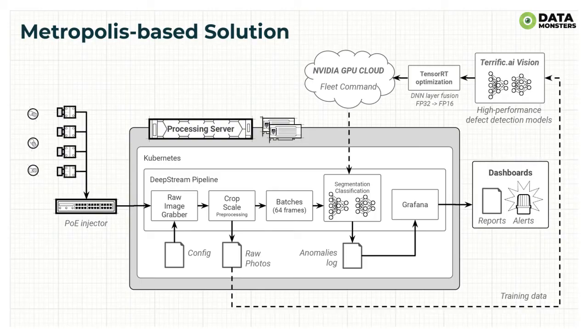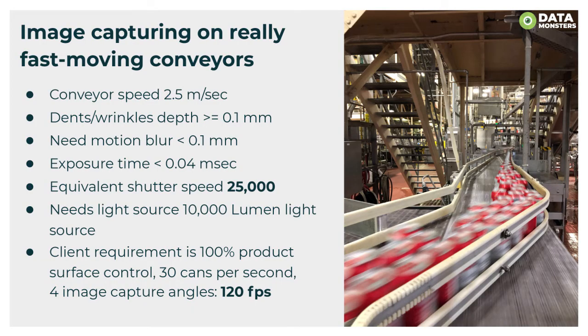Here are the image capturing conditions. Given the conveyor speed of about 8 feet per second, we have to detect dents and wrinkles on aluminum cans that are smaller than 1/10 of an inch. We have to limit the motion blur to that size. Simple calculation gives us estimated exposure time limit of about 40 microseconds, which corresponds to huge shutter speed of